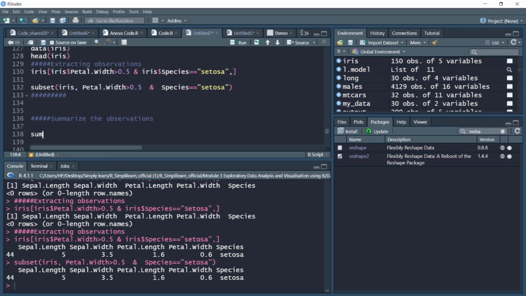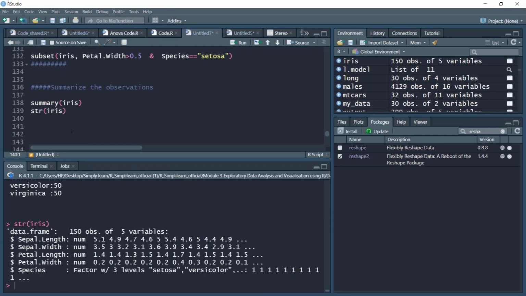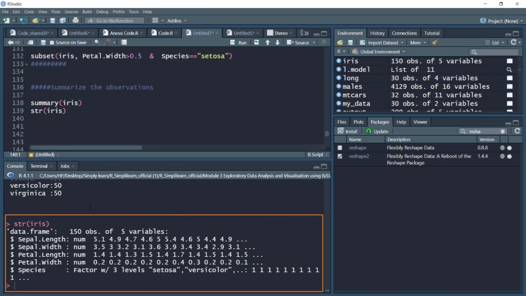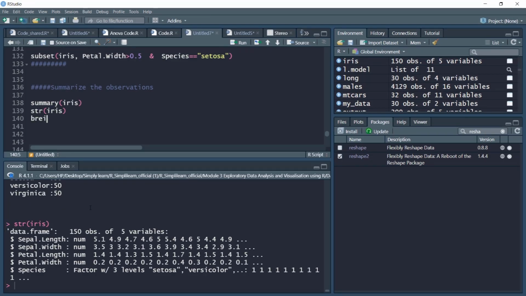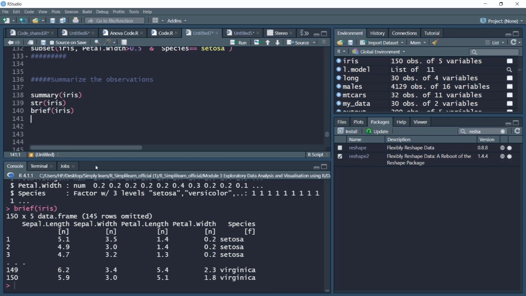So a very basic summary measure for any data frame is summary. We can see the nature of all the variables, their summary measure depending upon whether they are numeric, character or so on. We can also use the structure command to get a sense of variables, and we can also use the head command, which will give us a sense of variables. Some initial 3 rows and closing 2 rows, 149 and 150, we get a sense of the variable.